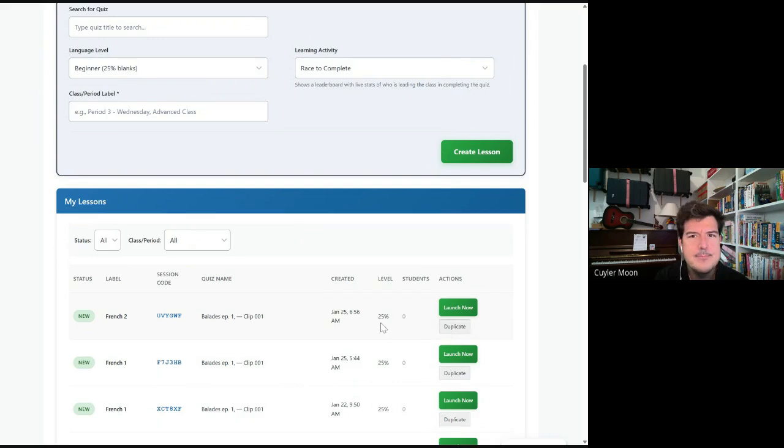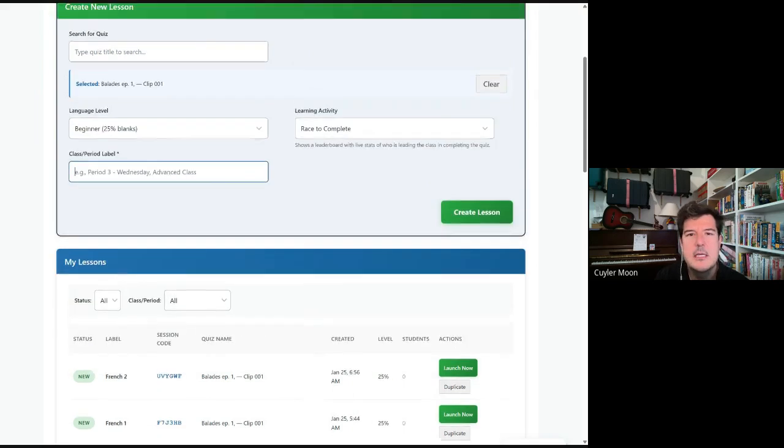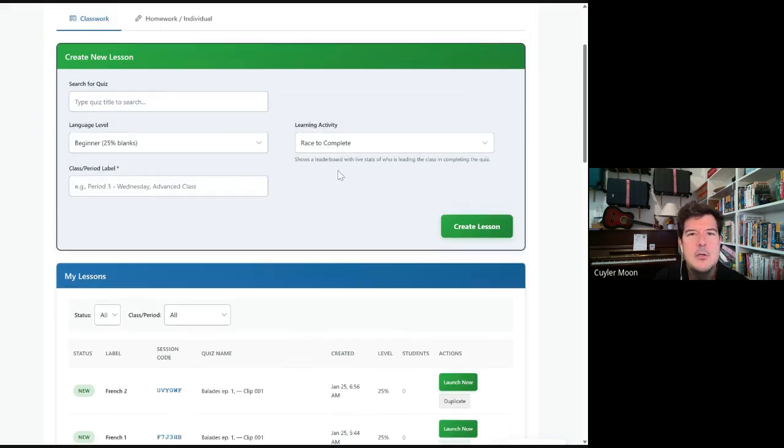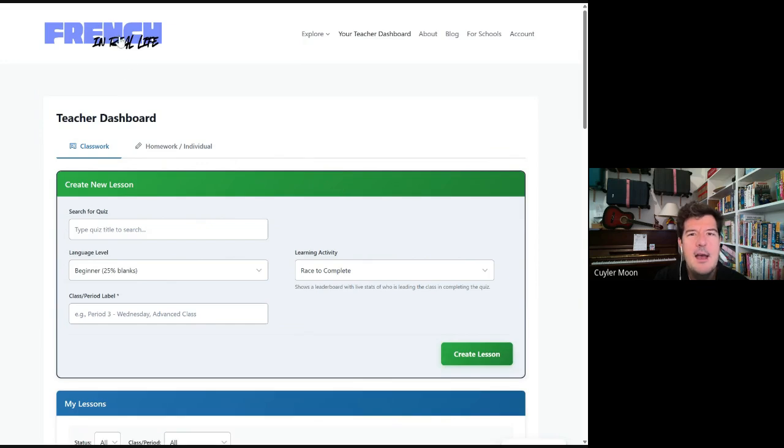Another fun thing is, let's say you have multiple, you want to reuse this, but you want it to be a different level. Instead of going and finding it, you can just click duplicate, it will appear here, and you can reset all the details. Just give it another label, and you're good to go. So a real fun way to do that. Again, I hope that you use the Explorer to find content, and I hope that you use this Create New Lesson